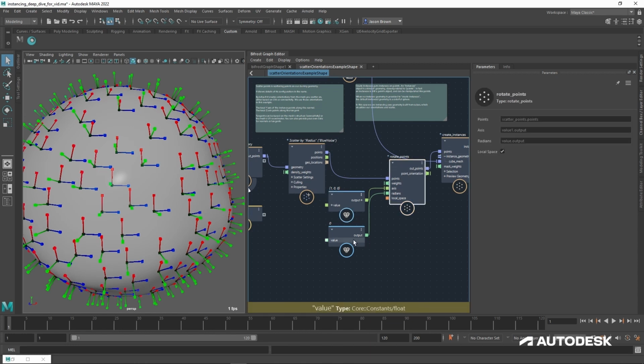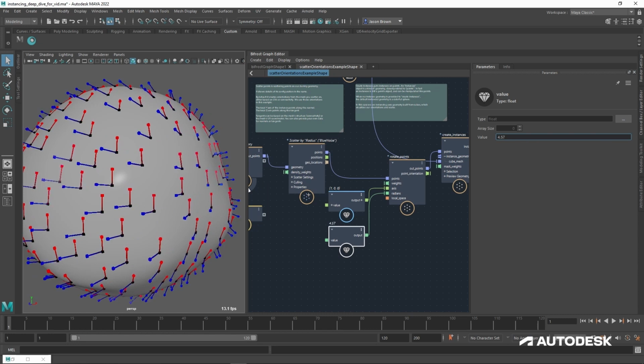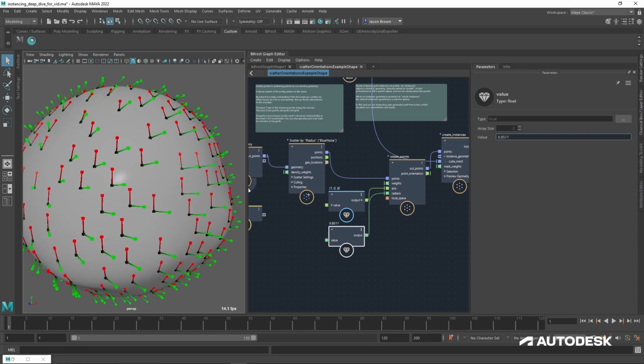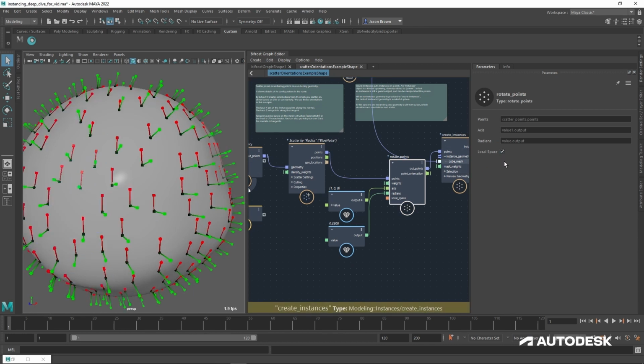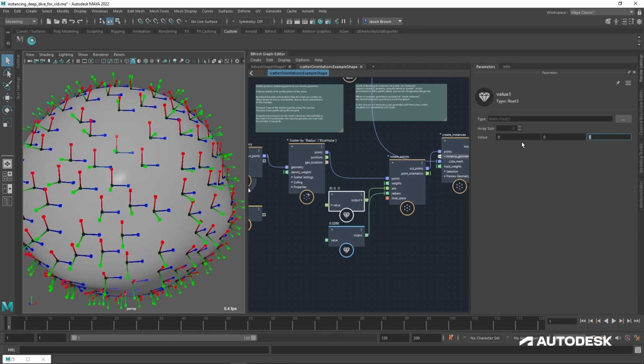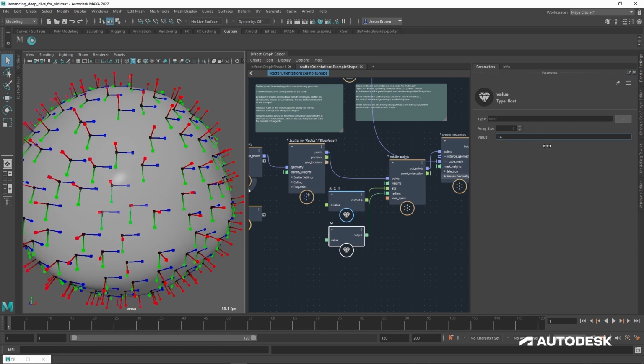So if I go to my radians now, I'm rotating around the X-axis locally. Like so. And again, if I turn off local space, I'm going to get something odd because it's rotating around the world axis. Like that. Again, if I change to Z, start gently playing with our radians, you can see that's rotating around the Z axis.